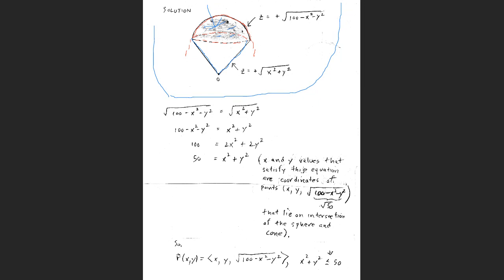So we have to find the parametric representation. Well, one thing that's very important is to figure out where these two surfaces intersect. So I set the two surfaces equal to each other, because I want to get an idea of what